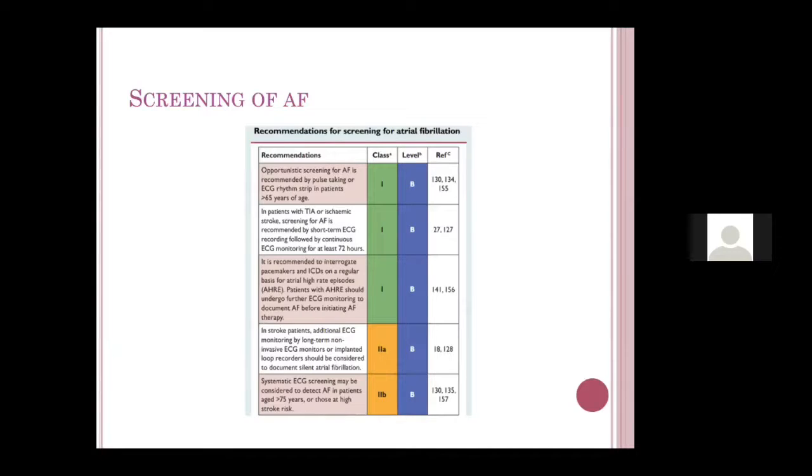Now, as I already told you, if a patient presents with transient ischemic attack or stroke, the non-lacunar ones, then you should do a wearable cardio monitor or a Holter for 72 hours and look for AF. Because one important thing is, if somebody has AF, even 15 minutes of AF is more than enough to produce a thrombus.